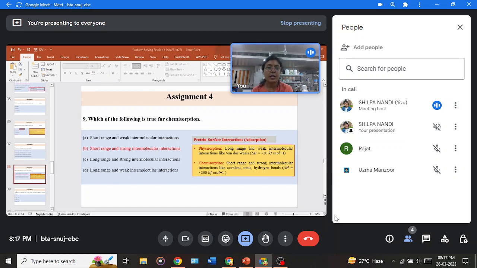Again, a certain question can come where you may be asked physisorption in place of chemisorption. So you must remember what kind of interactions are involved in both these cases. It may even come as which of the following is an interaction present in chemisorption. You might be given various interactions such as covalent, ionic, van der Waals or hydrogen. So you must remember all of these interactions. Fine. So we will move on to our next question, that is question number 10,